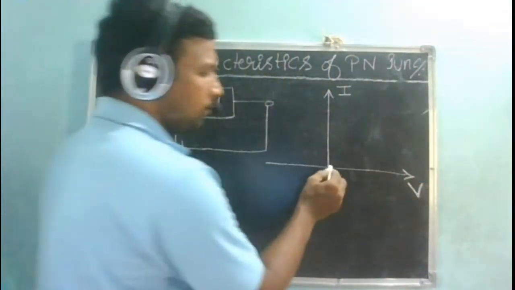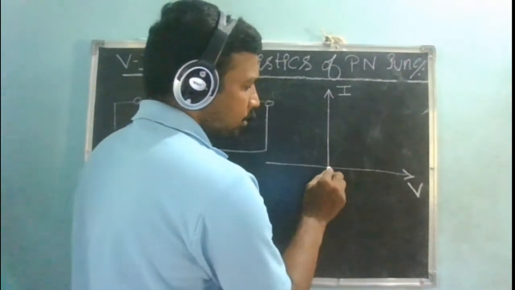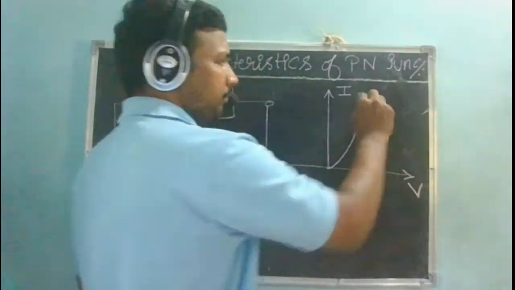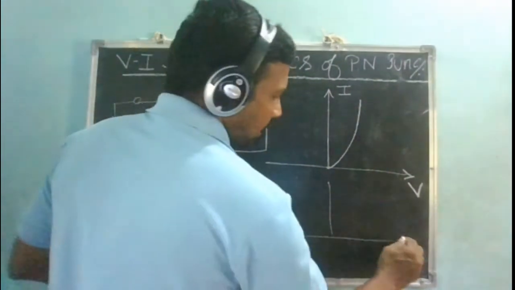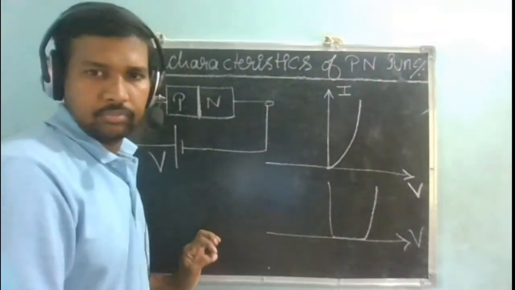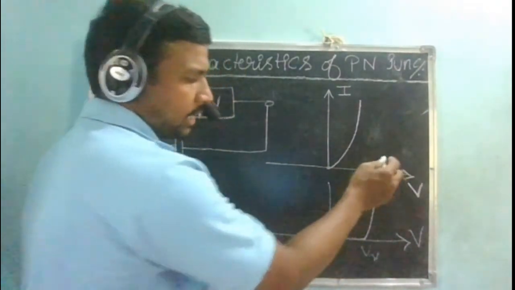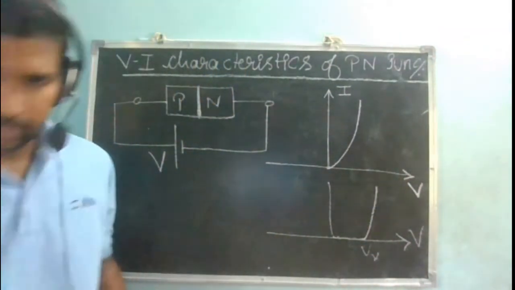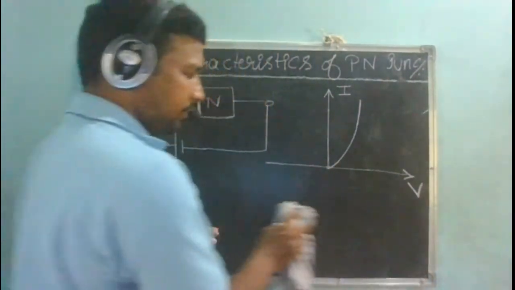Then with this particular applied voltage, how is my current going to flow? Is it going to take this particular form? Never ever try to draw a waveform like this, where until a particular cut-in voltage the current is 0, otherwise the current is increasing. There is nothing like that. The moment you apply the voltage, there will be some amount of current flowing.